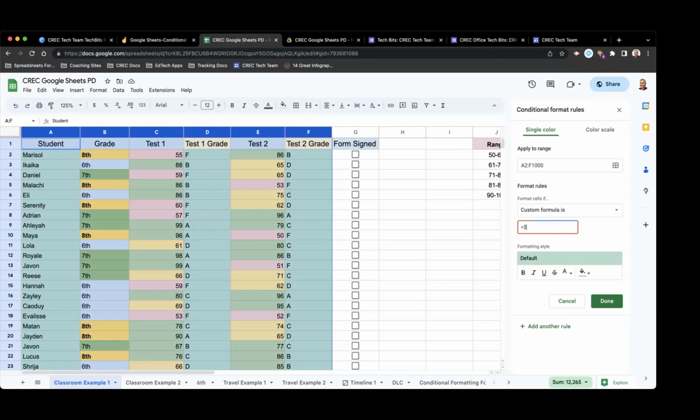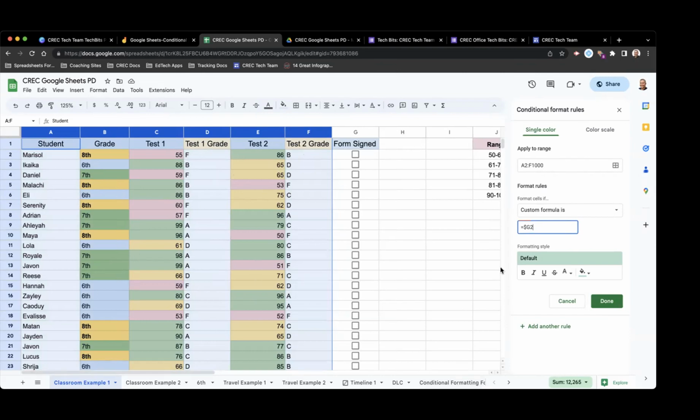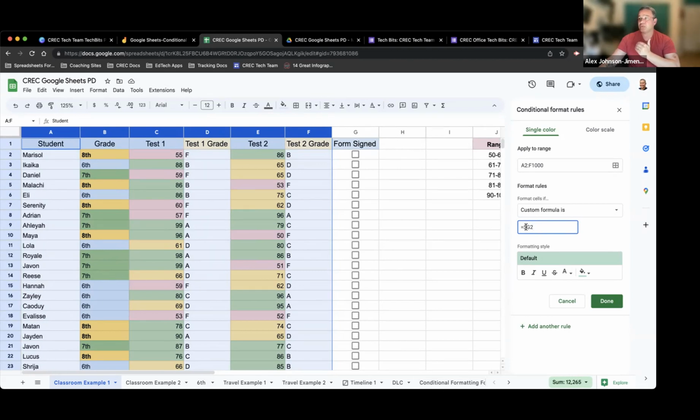G. G, okay. And they begin in G2, right? So I'm going to put G2. Okay. So you see how automatically this is already changed? And the reason for the dollar sign is it's code for Google Sheets to look at the entire column beginning in G2. The entire column beginning in G2. So what we're saying is, okay, if G2